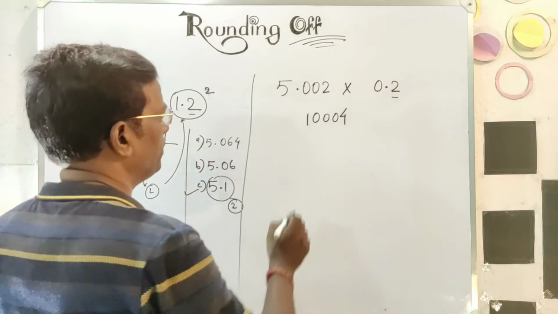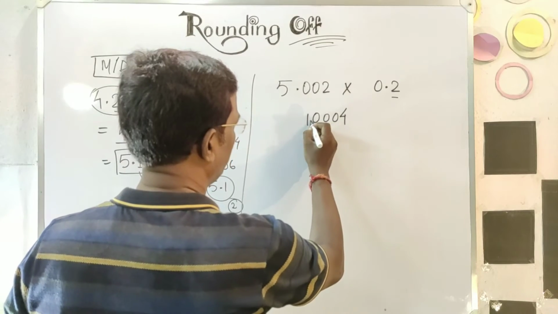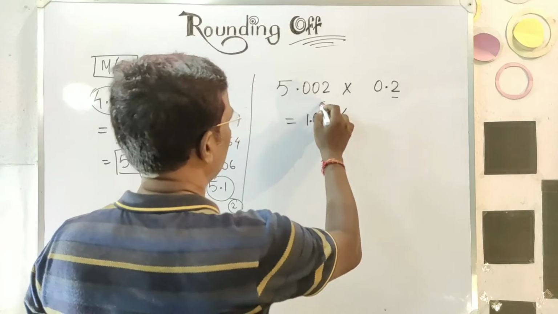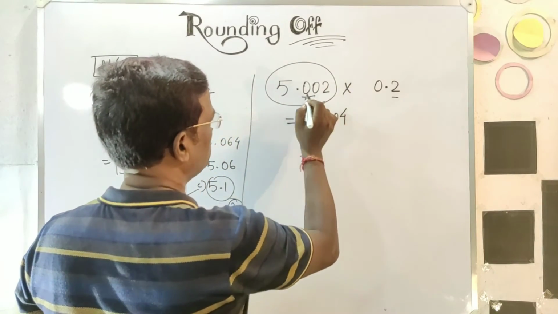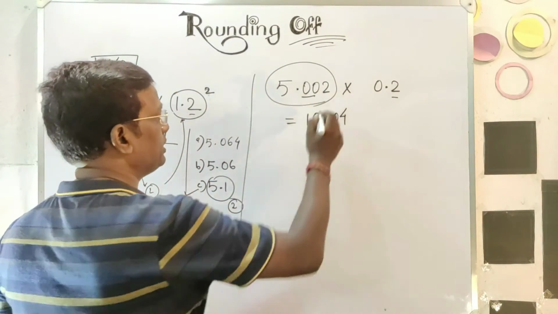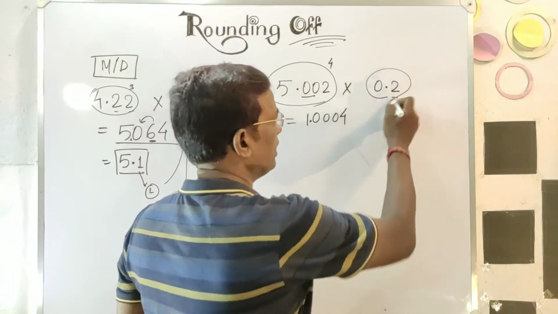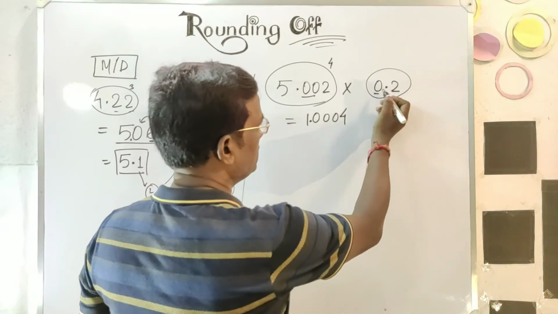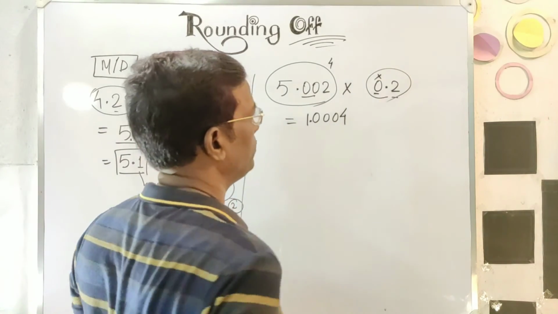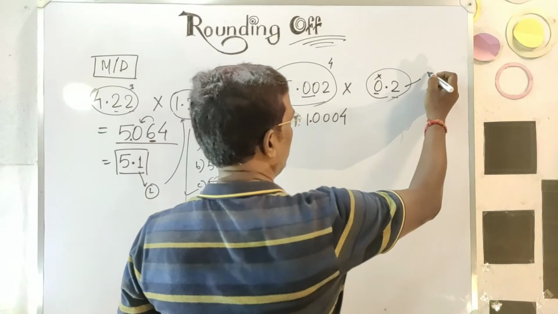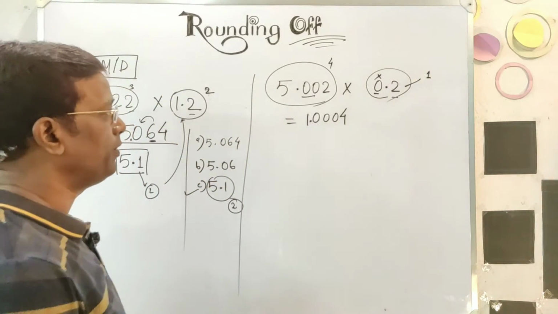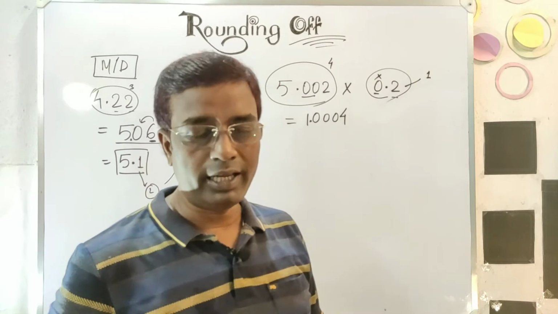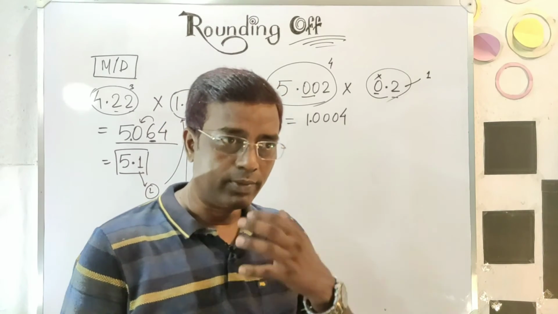Now here, 3 1 4 places, 3 1 4 places. It will be 1.004. Here the 0s are sandwiched between two non-zeros, so it has 4 significant figures. This number has 1 significant figure, because the 1 is before the decimal and the initial 0 rule is ignored. It has only 1. So for rounding off we need a sound understanding of significant figures. Please watch the significant figure session thoroughly.